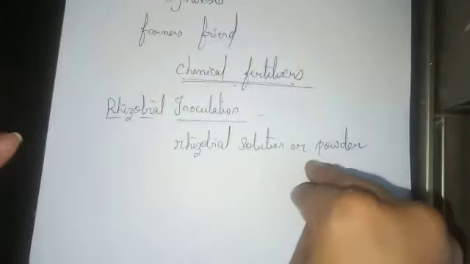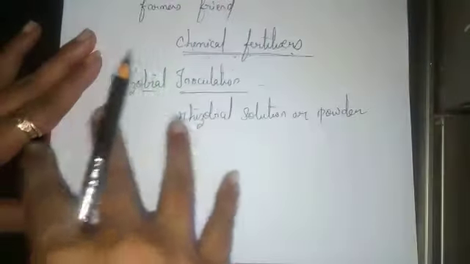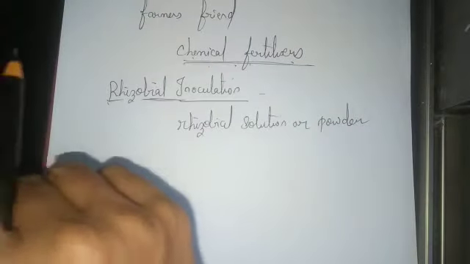So when the seeds are coated with this particular solution or powder, the bacteria enter the seed, right? So when the bacteria enter the seed, what will happen? When you sow the seed, definitely the roots of that particular seed, when they grow, will also contain rhizobium bacteria, right? And you know that this rhizobium bacteria will fix the nitrogen to the soil. So to increase the fertility of the soil, this artificial method is used by the farmers.